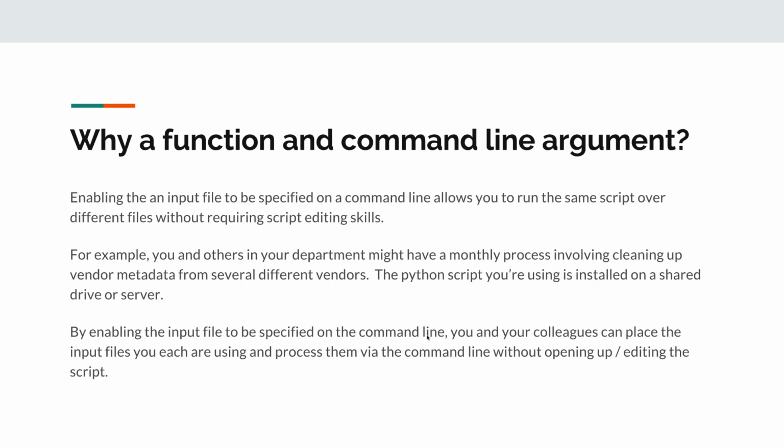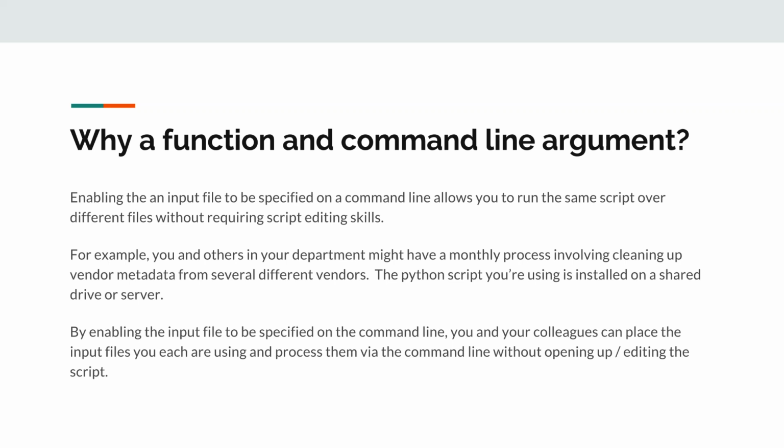Why did we have a function and put the file name as a command line argument? Enabling the input file to be specified on the command line allows you to run the same script over different files without acquiring script editing skills. So for all of you taking this webinar, maybe you're feeling super confident with Python, or not. Maybe you need some more practice. But if you're specifying it on the command line,